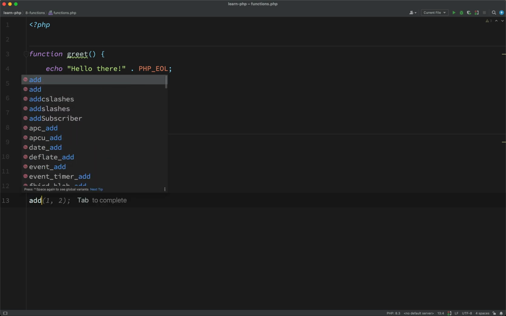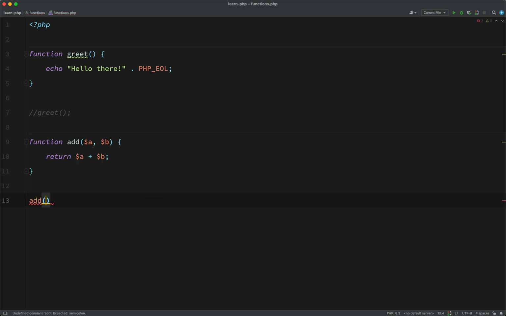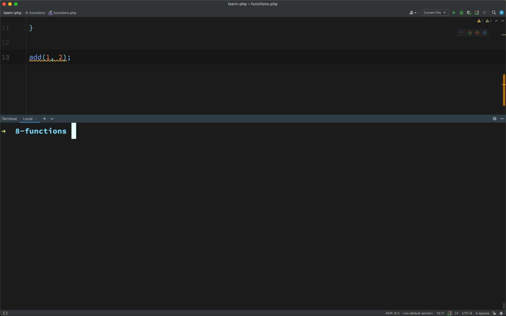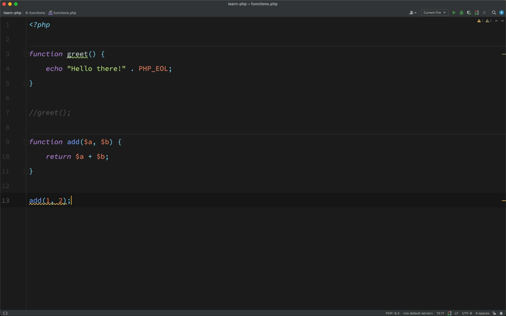And so if I was to just call this add 1 and 2, so you'll notice how these are separated by a comma, so first parameter, second parameter, and then when you actually call it, you bind some values to those parameters. So here we're saying A will be 1 and B will be 2. They will be added together and returned. Now you'll see that I'm not doing anything with the returned value here. So if I go and run this, absolutely nothing happens. However,